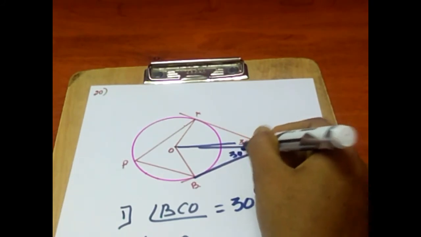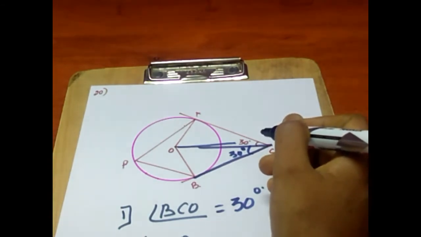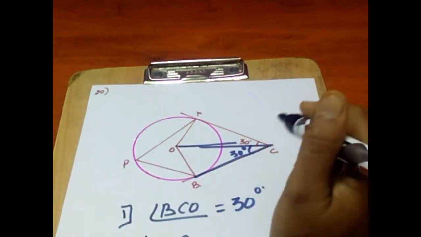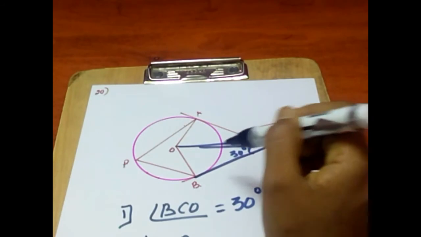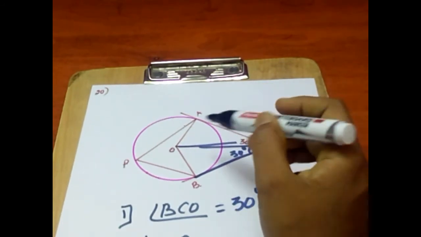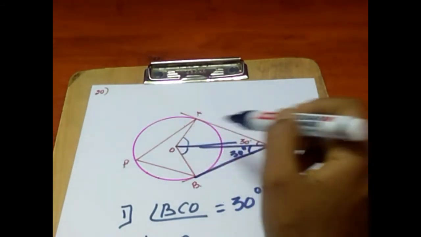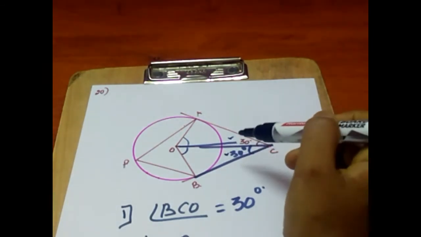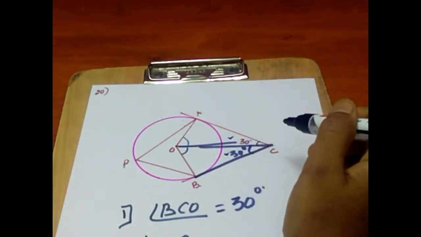This is 30 degrees by theorem number 10. Just go through sub point number 3, theorem number 10 once. Already we have discussed it, but we did not use that theorem result till now. This is the first problem where we are using it. We used to use only the result that CA is equal to CB. Other than that, the angles formed by the external point and the center of the circle are also equal. The theorem has 3 different results, so this is the third result. Based on that, angle BCO is equal to 30 degrees.